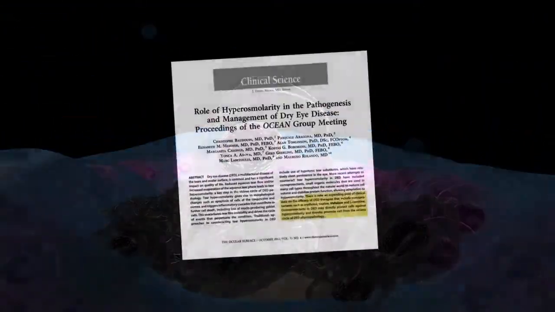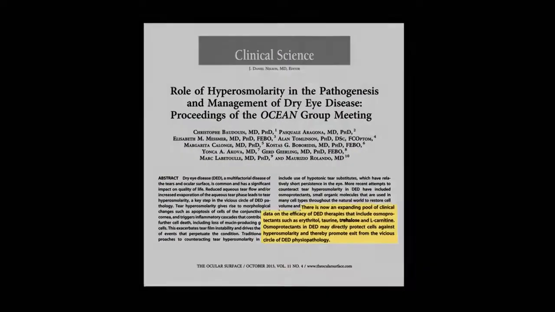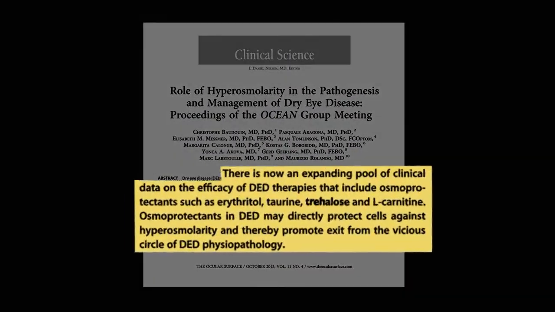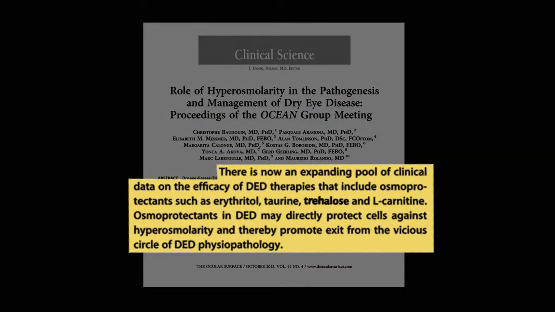There is now an expanding pool of clinical data on the efficacy of dry eye therapies that include osmoprotectants such as erythritol, taurine, Trehalose, and L-carnitine. Osmoprotectants in dry eye disease may directly protect cells against hyperosmolarity and thereby promote exit from the vicious circle of